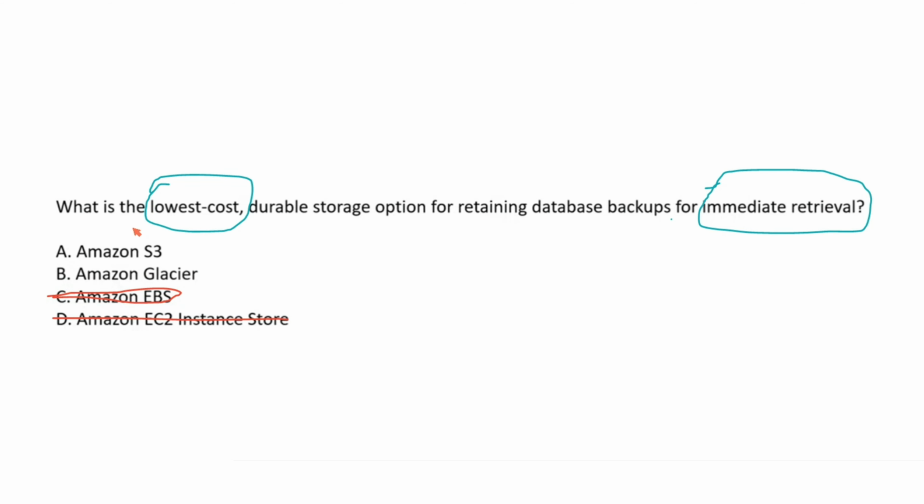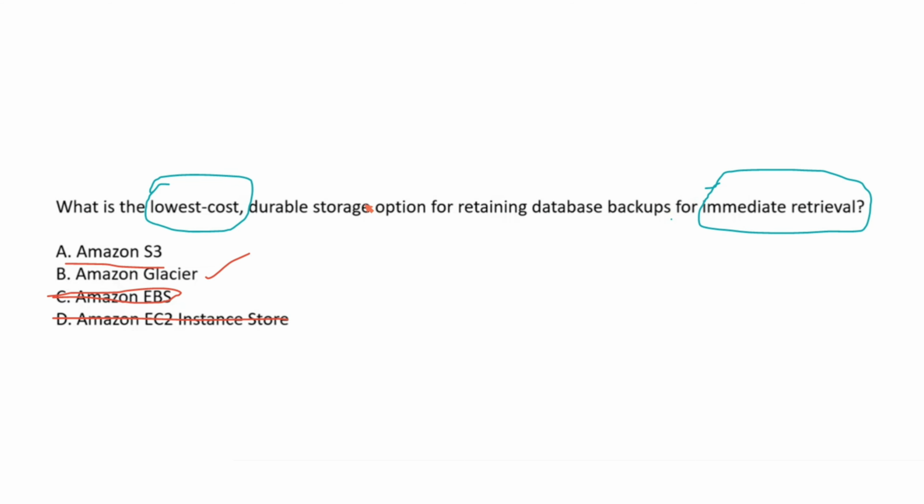And we are left with two options only, that is Amazon S3 and Amazon Glacier. So guys, if we are given only one condition, that is low cost, then definitely Glacier would be our answer. But since it is saying immediate retrieval, here Glacier cannot be our answer, because Glacier retrieval is of three types. The first is expedited, then standard, and the third one is bulk. So in expedited Glacier, the